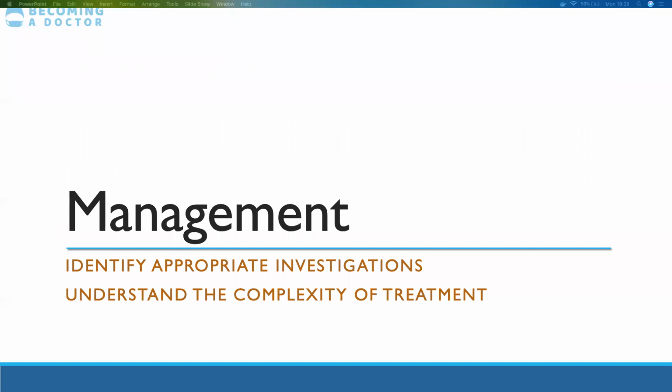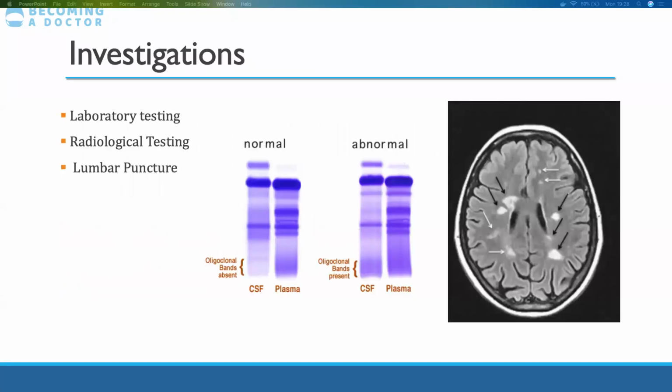Okay, so the management. To start off with, we're going to look at the investigations. You first want to check the labs, and you want to do this to exclude any conditions that could potentially mimic MS, for example, vitamin B12. So you want to do a full blood count to check if it could be an infection. You want to do the CRP, you want to do LFTs. LFTs are just done for baseline biochemistry to rule out any hepatic pathology which could be associated with